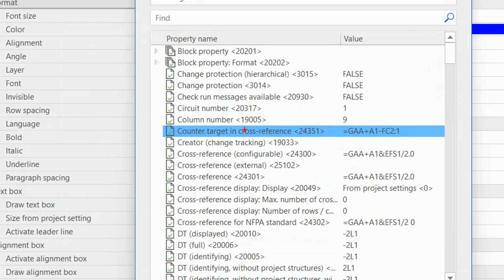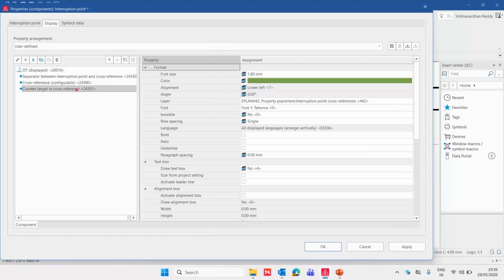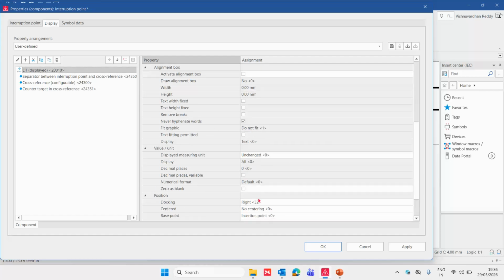And after that, you see that you have this particular one called counter target in cross references. This is where it will tell you where exactly it is connected. This particular property will help you see where exactly it goes. So I'm selecting this particular one. I want it in the same line. When I select the display DT, you can see that in the grouping I said, that's the reason you get DT, after that slash, after that cross references,